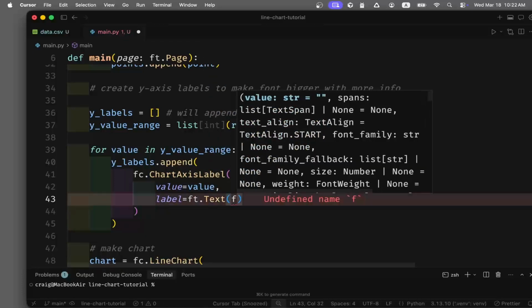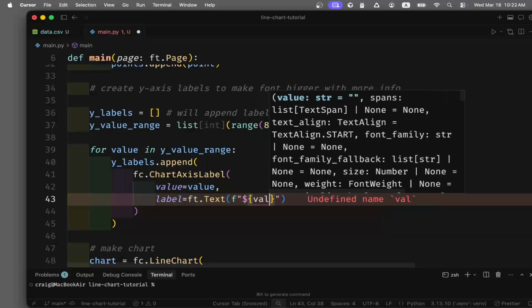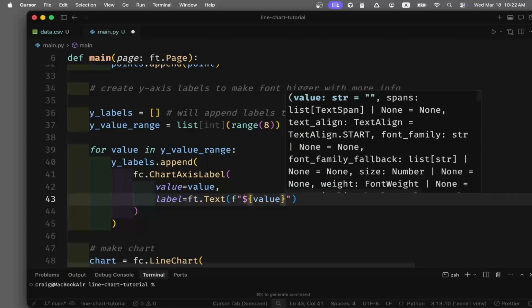So our list will consist of a bunch of the chart axis labels with a value,